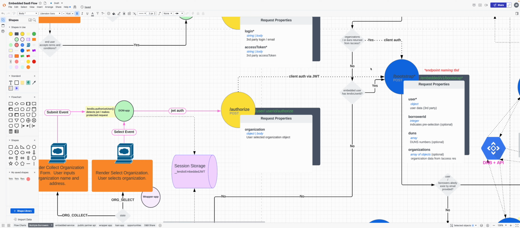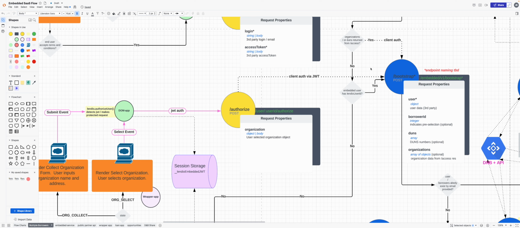In the front end, once we've bootstrapped that last borrower they used, if their intention were to start an application for a different borrower or a new organization,